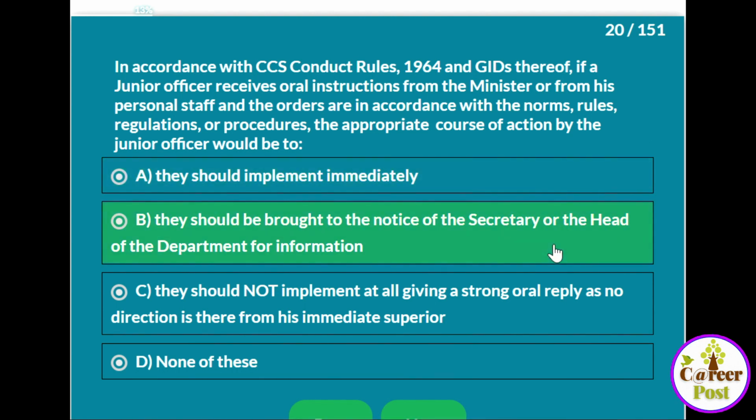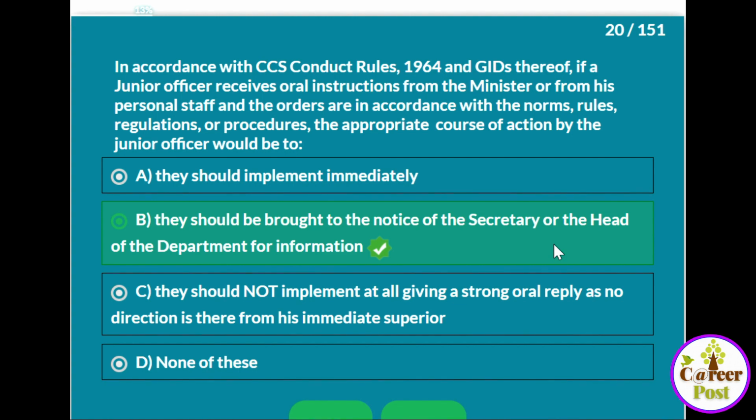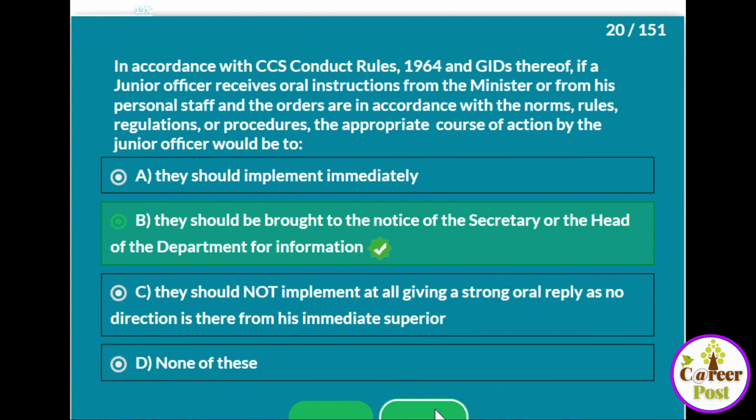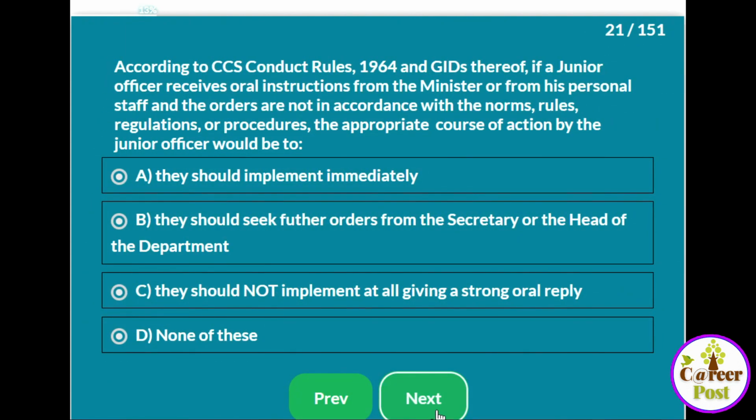The correct course of action would be, they should be brought to the notice of the secretary or head of the department for information. According to CCS Conduct Rules 1964 and the GIDs thereof, GID means Government of India decisions, if a junior officer receives oral instructions from a minister, again the same question but with a difference that his personal staff and others are not in accordance with the rule. Earlier the case was that it is in accordance with the rules, now it is not in accordance with the rules